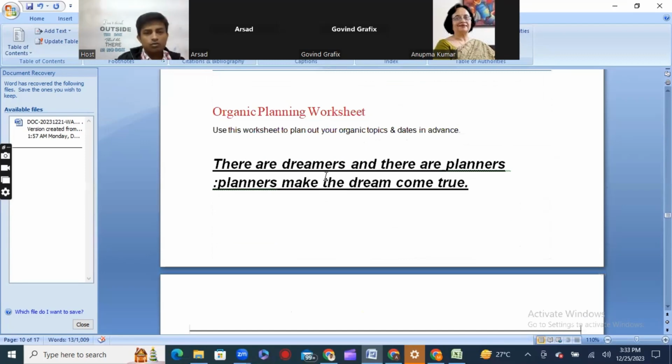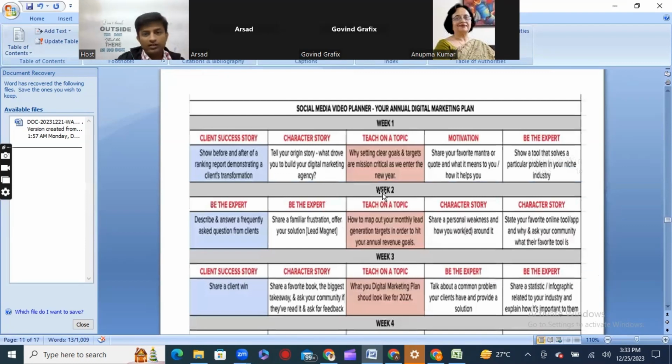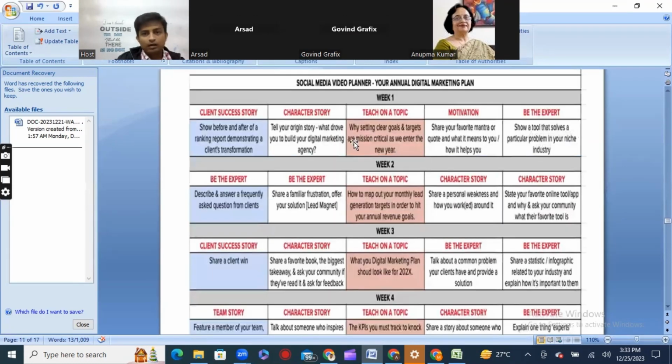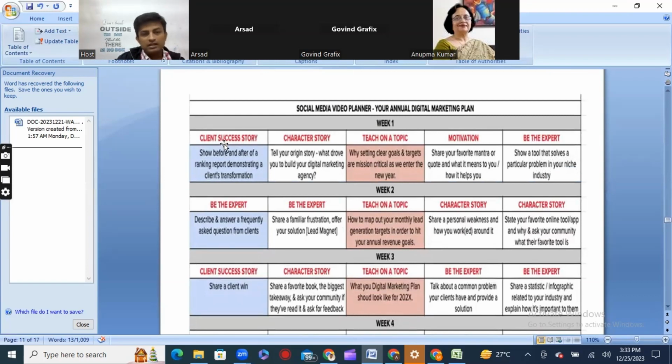I will discuss in detail how you can set your organic calendar. So this, for example, week 1, week 2, week 3, week 4. For example, this is for the January month. So you have written a client success story, a character story to tell your origin story. So this is some content ideas. You can modify it according to your own. Okay. Motivations, be an expert, show the tool that solves the particular problem in your niche industry, be the expert, describe, answer frequently asked questions from the clients, be the expert, share a familiar frustration,